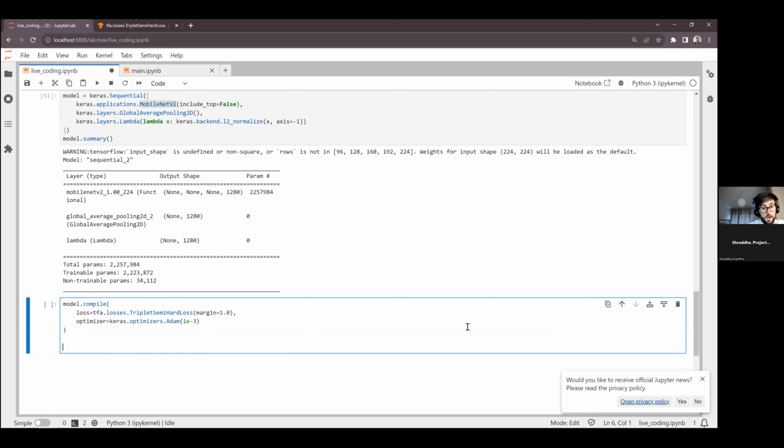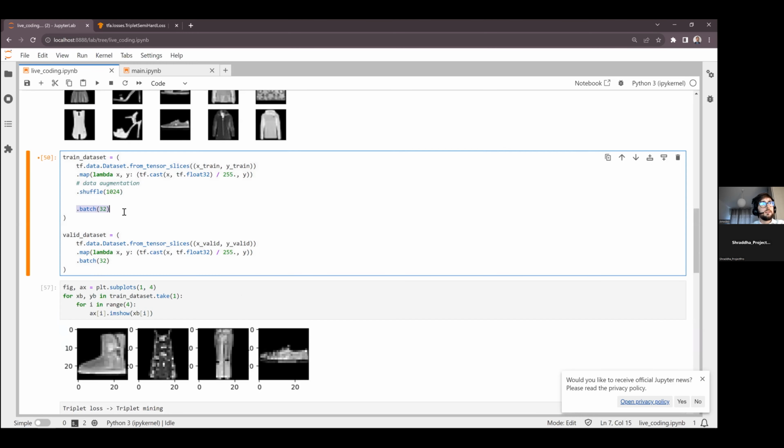Now, in theory, we should be able to simply use the train dataset and the validation dataset like that, defining the number of epochs, let's say 10, just to start. The batch size is not necessary since we defined the batch size in here.